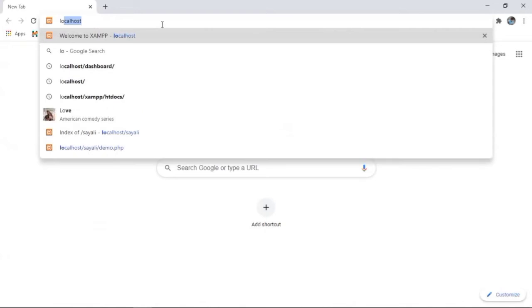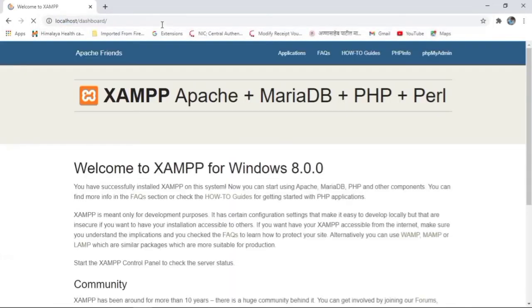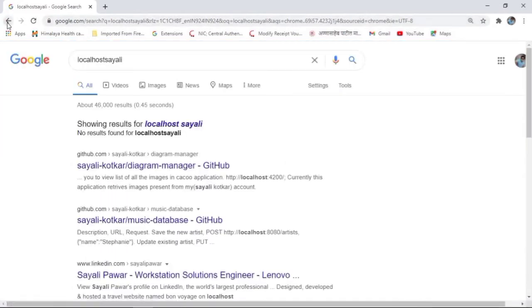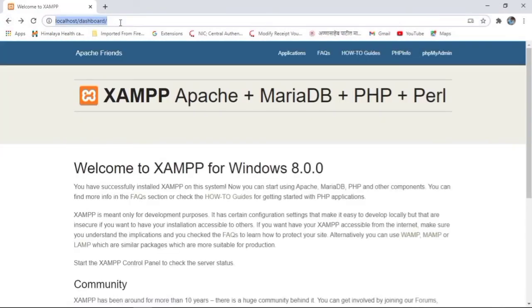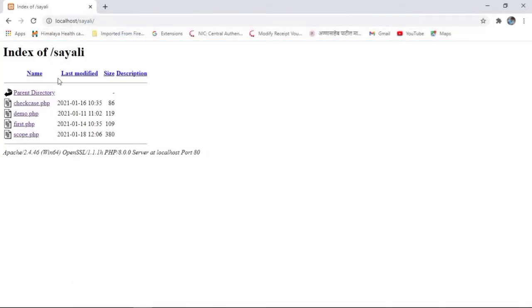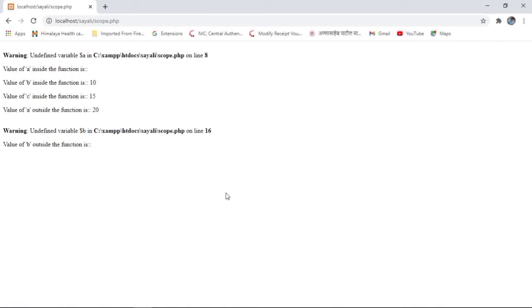Once you type localhost, a page will appear saying Welcome to XAMPP. Now enter your project location folder here, localhost/ followed by the folder name, then press enter. Now here you can check that the scope.php file has been created. So let us run this file.